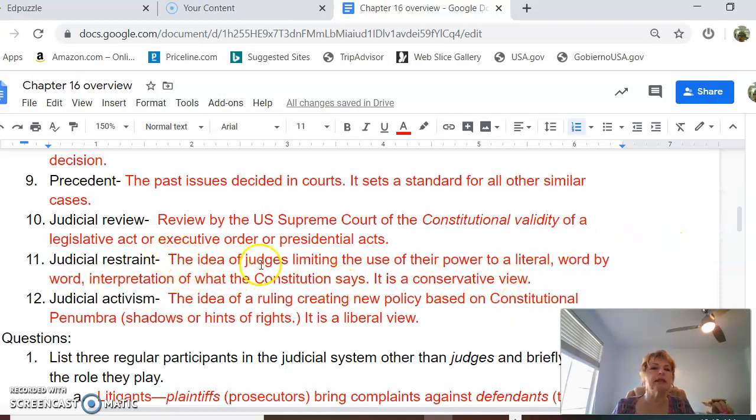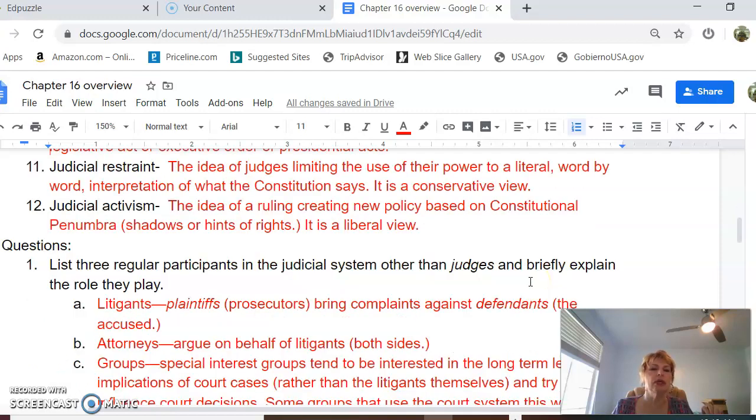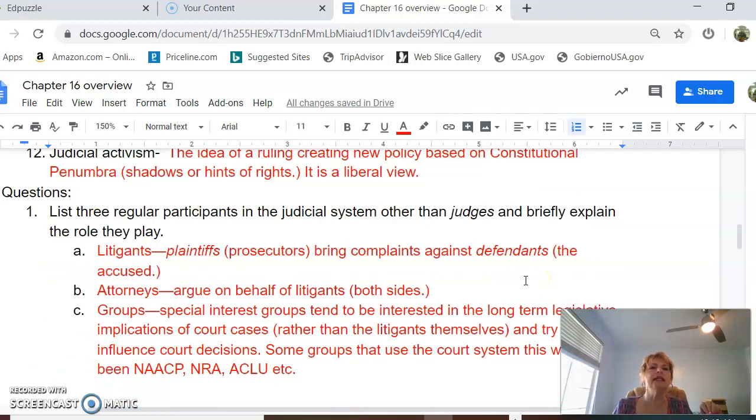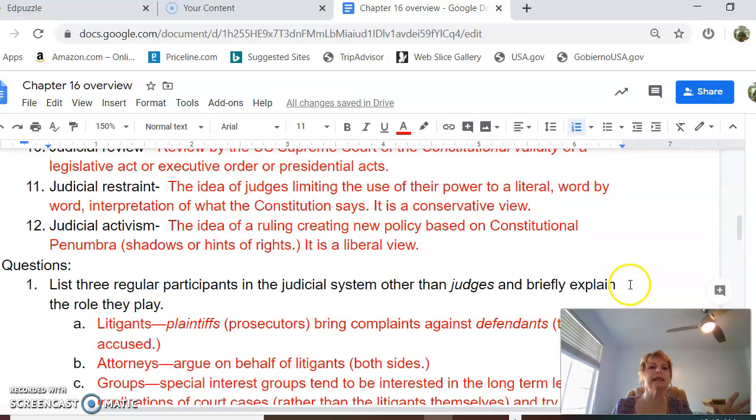Judicial restraint, the idea of judges limiting the use of their power to a literal word-by-word interpretation of what the Constitution says. It is a conservative view, definitely. Judicial activism, the idea of a ruling creating new policy based on constitutional penumbra. Shadows, a penumbra is a shadow or a hint of rights. It is a liberal view because it is